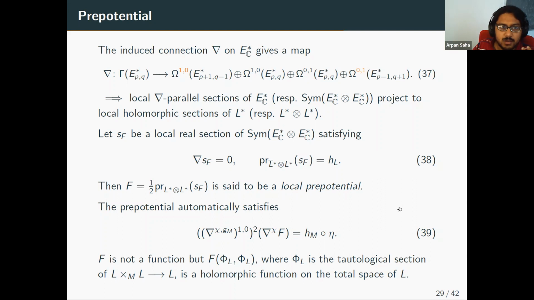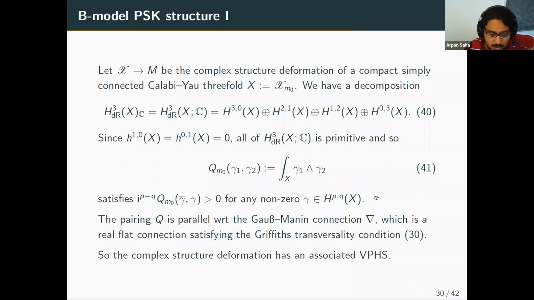Okay, and this prepotential will be useful for describing deformations of a PSK structure. So now let me just show you a very quick example, just to motivate the PSK structure. This is in fact the motivating example. This is the example of the B-model PSK structure, in which case the PSK structure is defined